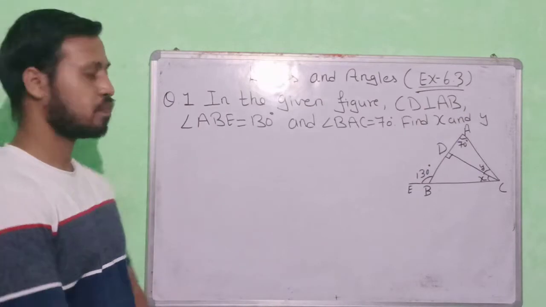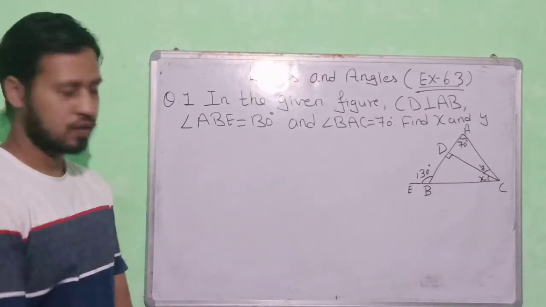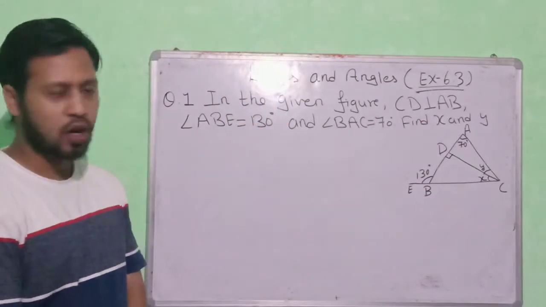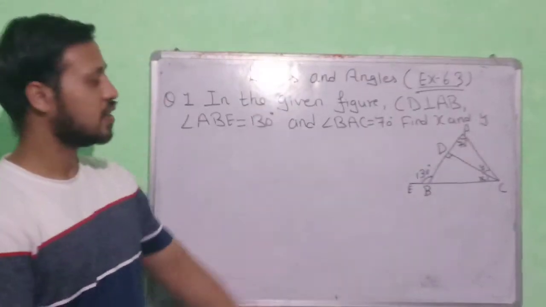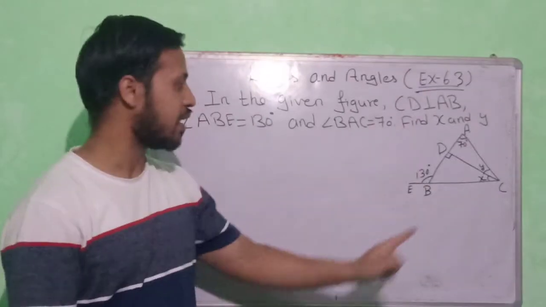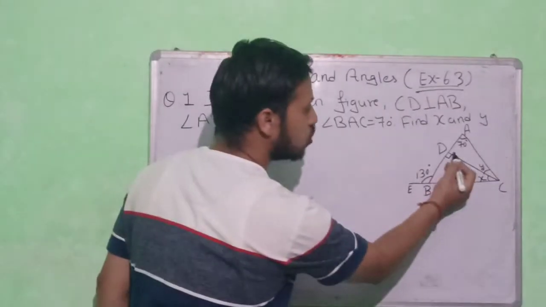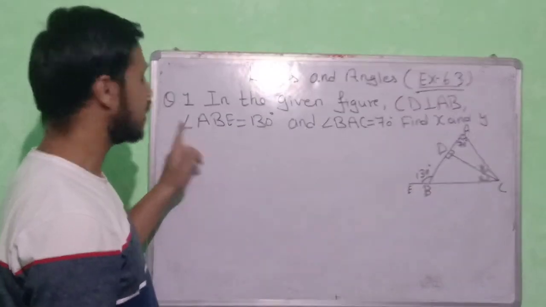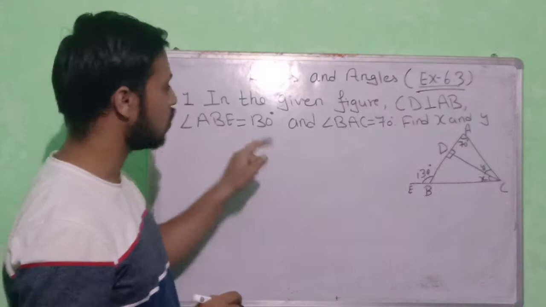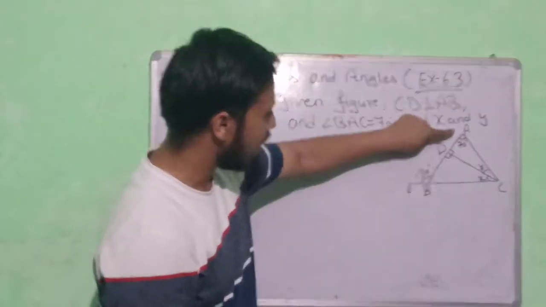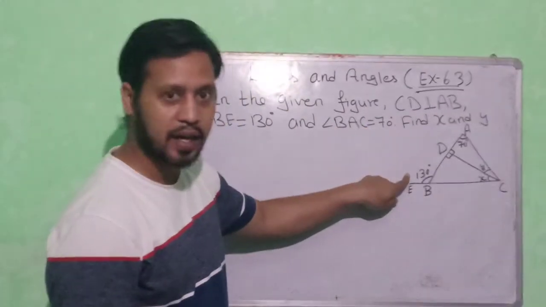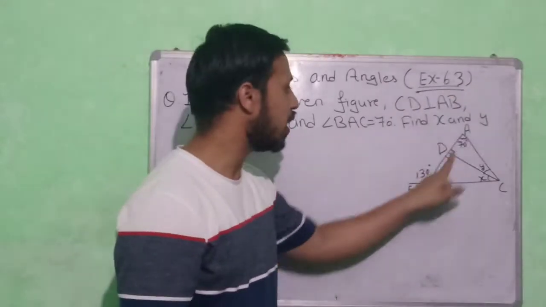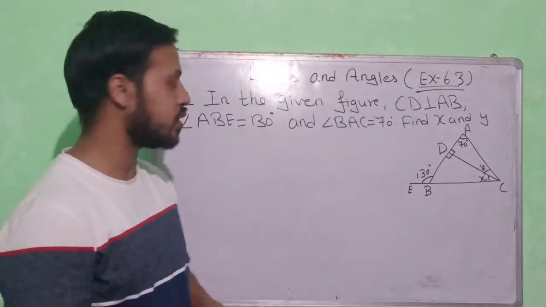First question is, in the given figure, CD is perpendicular to AB. This is a line AB, and CD is perpendicular on this line. This means that this angle is 90 degrees and this angle also is 90 degrees. Now, it is given to you that the exterior angle ABE is equal to 130 degrees, and the interior angle BAC is equal